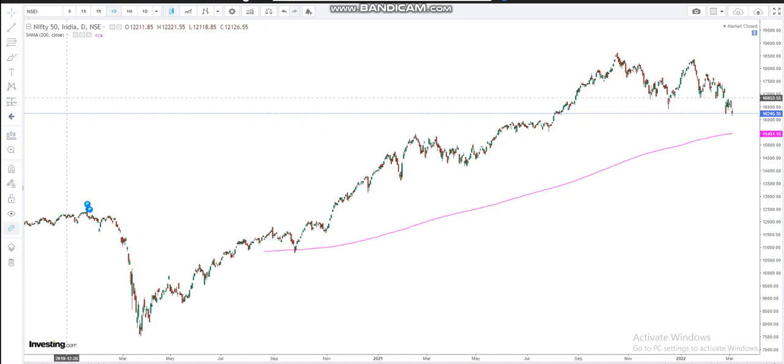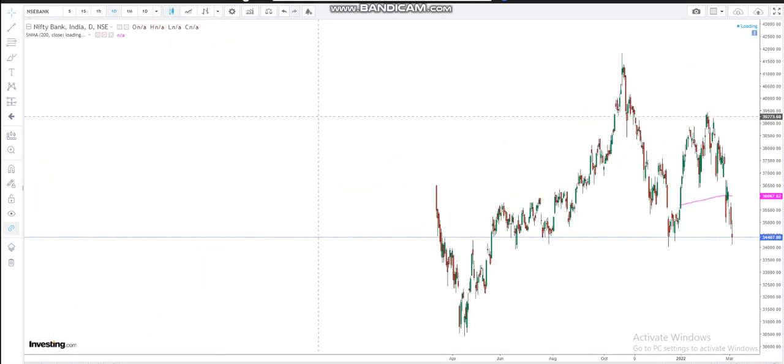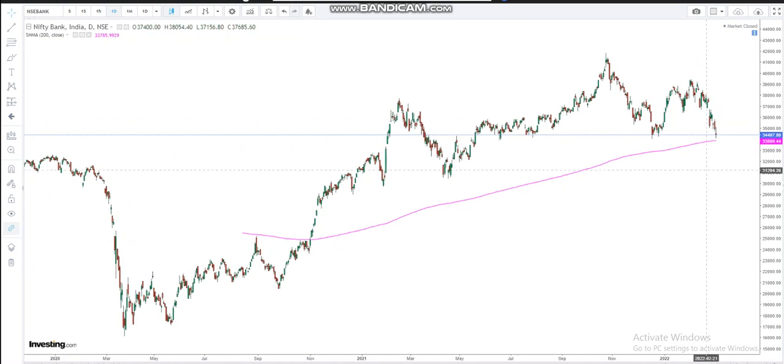Recently I have posted कि मैं कोटक बैंक, ICICI बैंक, इन सब में मैं अपना SIP levels दिया हूँ, and I have already done some SIP in ICICI bank and Kotak bank. So let me tell you the explicit reason. Here if you open a bank nifty chart, you will see that since October 2020 this has been 200 SMA, and till date it has not even touched it, right? So as a result this actually showcases that there is still some momentum left, and maybe going forward it can hugely reverse from here.